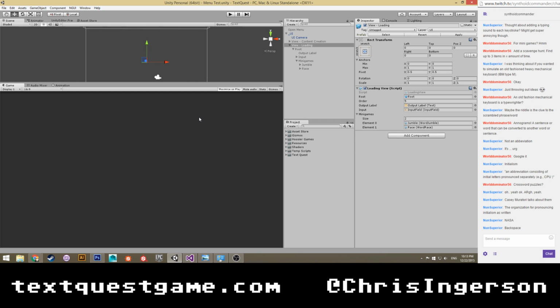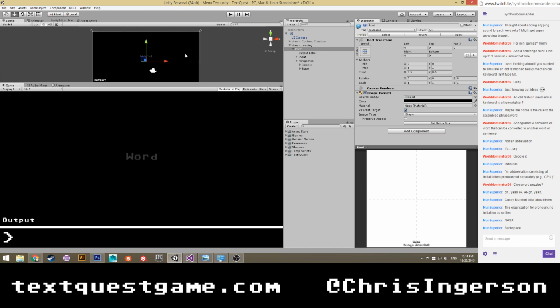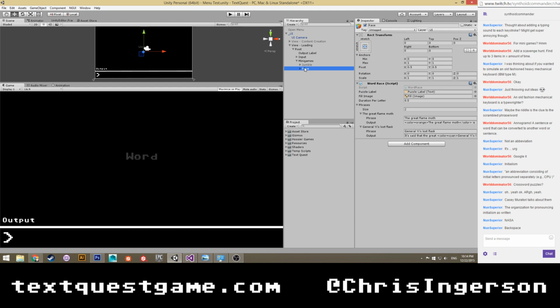Backspace. Oh, crossword puzzles. I just saw that, World Dominator. Sorry. Nah, I wouldn't worry about crossword puzzles because that would eat up a lot of space, and we're limited to basically this black area right here. So everything up here. I feel like crossword puzzles would be a little too large.